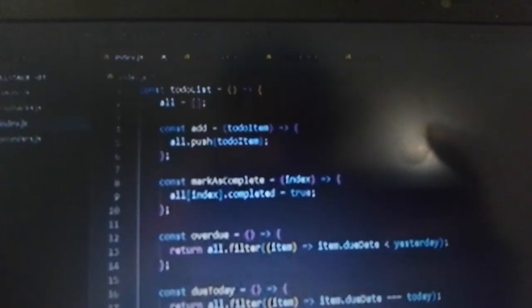Now we will create a to-do list using closures. This is my main file index.js. Firstly, we all keep these files in the same folder to get the correct program. See here, to-do list, and we will write functions like const overdue. See overdue, const dueToday,